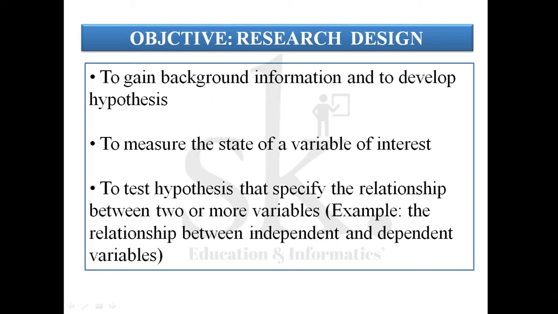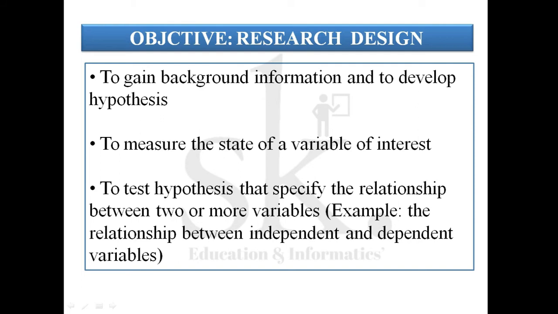So during a research design, it is not only that one design or only one process is applicable. You may have to do more than one research design. So basically, the objective of research design is to gather information and select certain variables. These variables you are selecting from the literature or from secondary data. Now, based on this literature, you also create certain hypotheses and test those variables. It can be one variable, or more than one, two, three variables. You try to find out the relationship.